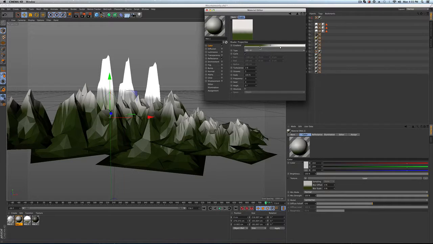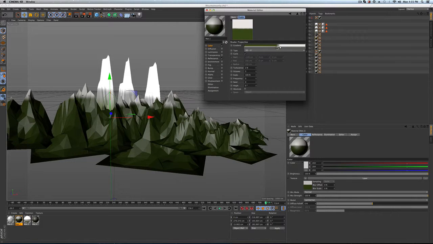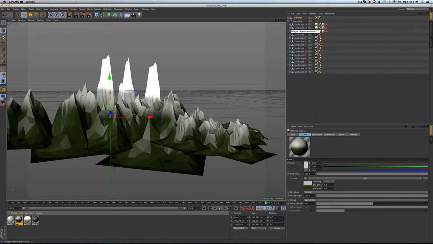You can see if I drag that, I'm letting the white descend further down the mountain. And if I do that, I'm making the green go up higher, but I'm really telling exactly a more strict boundary layer for where I want that snow on my caps. But whoops, I want to keep it somewhere in that zone right there. And you give it a little bit of reflectance, but not too much. Then